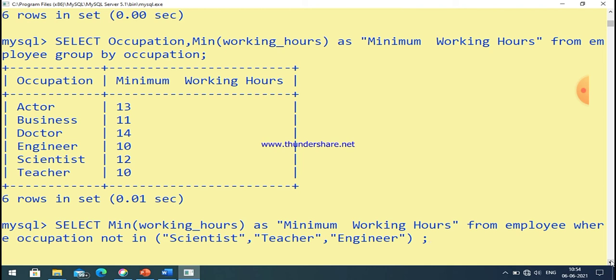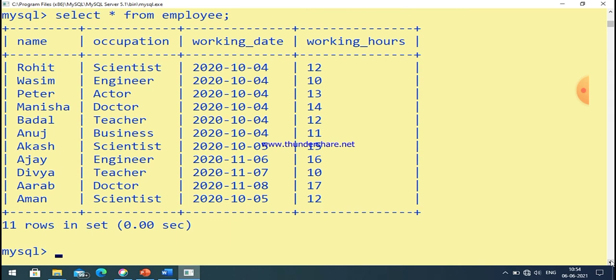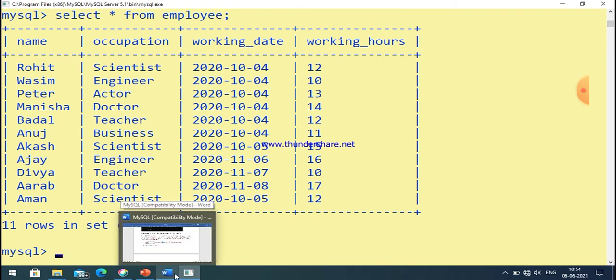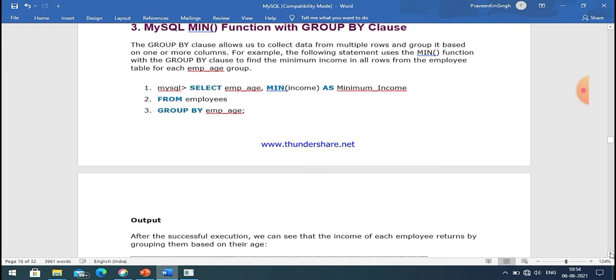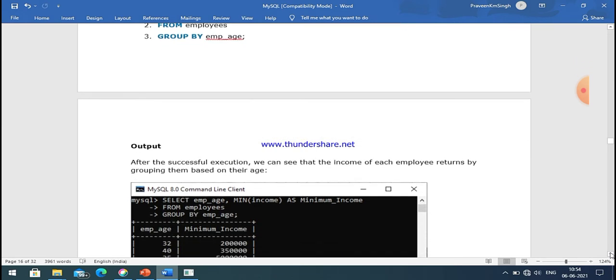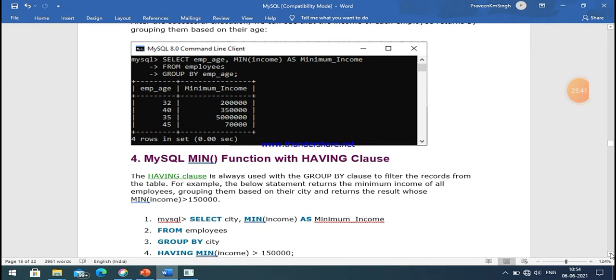Now, if there is a condition imposed on a group, then you can use the having clause, and the having clause is mentioned just after the group by clause.